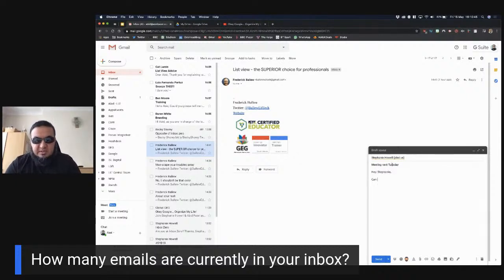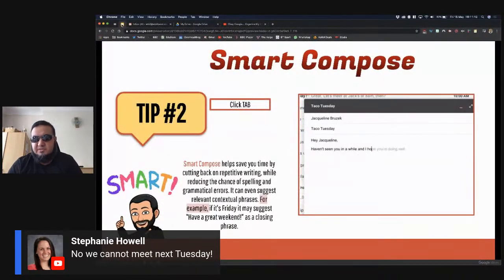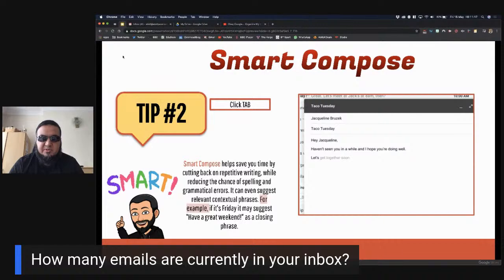If I say, can we meet next Tuesday, it does normally fill that out, but you can see the way it works. And as I type in kind regards, it's automatically suggested. That's the way you can use Smart Compose in Gmail, and it's a really nice feature to have that will help you speed up the way you type your emails.